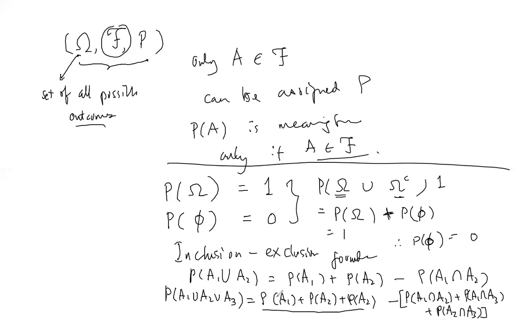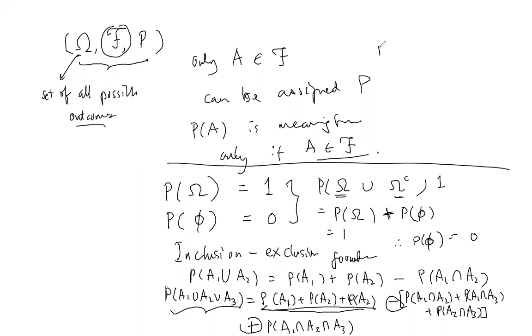First you do the single terms, then you do the pairs, and then you have the last one, which is all of them together: A1, A2, A3. The sign will alternate: plus, minus, then plus. It doesn't matter how many you have. Basically you write down firstly the sum of all the individual terms, then the pairs of intersections, then the intersections of 3 of them, then 4 of them, and so on, with alternating signs.